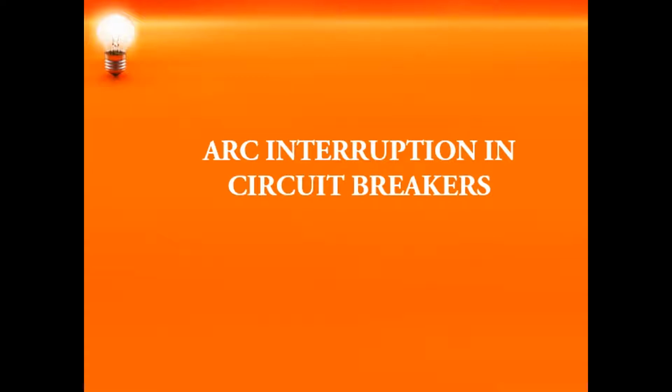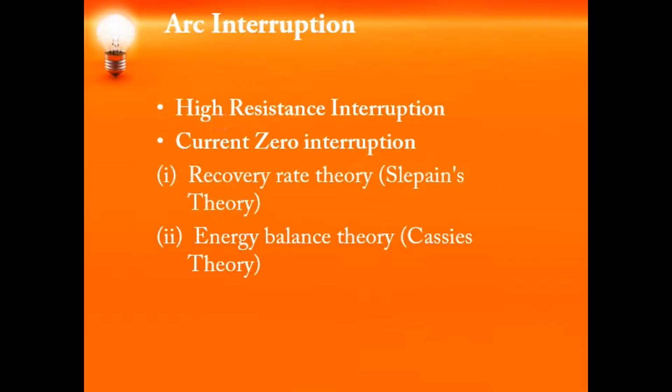In this, I will explain the theory of arc interruption in circuit breakers. As you all know, when a fault occurs in a system, the circuit breaker contacts get separated. When they separate, an arc is formed. For the current to become zero, we need the arc to get quenched. That means the current can be made zero either by increasing the resistance or by making the fault current zero. Based on this,